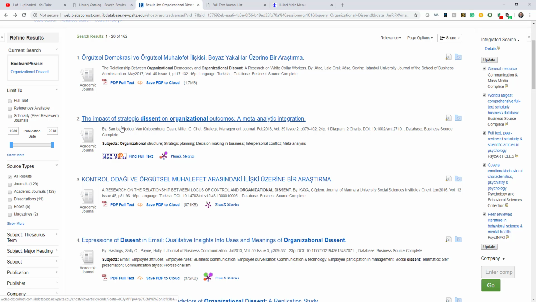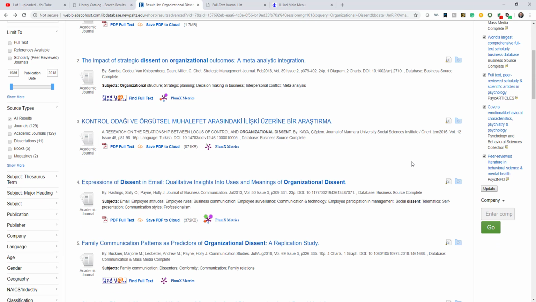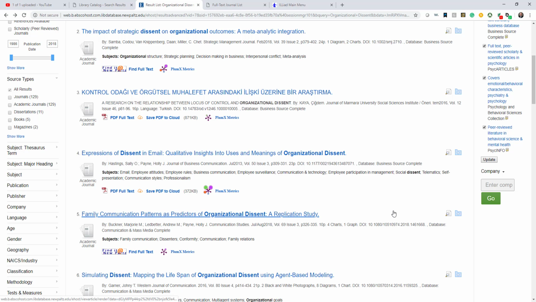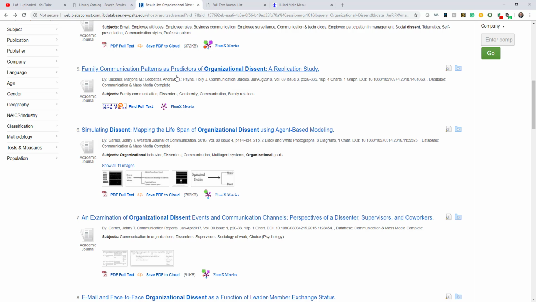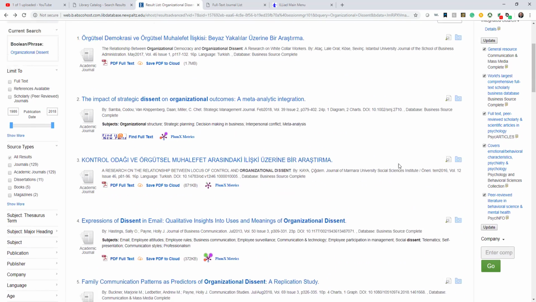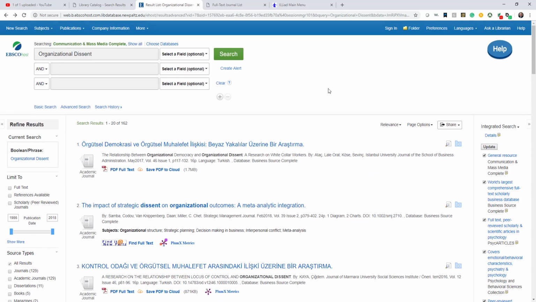There is this other one. There's another one, that strategic dissent on organizational outcomes. Maybe not exactly what we're looking for. So you kind of have to just go through and look. This is that one that we were looking at just a minute ago. Here's the one that we did the citation for. So you'll see that it does give us different articles out there by adding those different databases. And that's really where having multiple databases at our disposal really can make our life really easy when we're trying